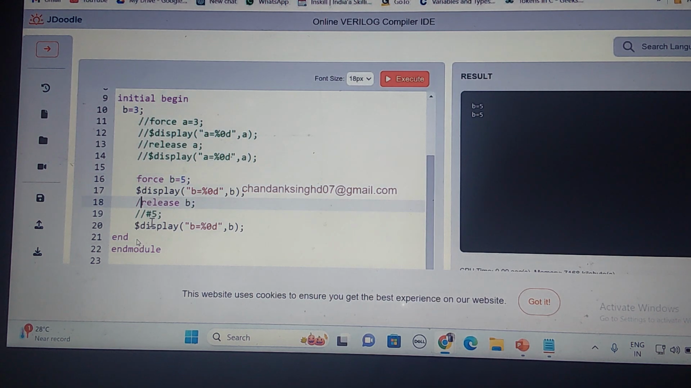Now if I'm going to release the b value, here it has to release the b value. Then what will this print do? b is equal to 3. But in this case,